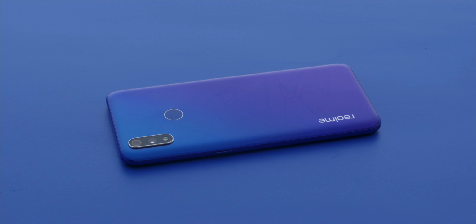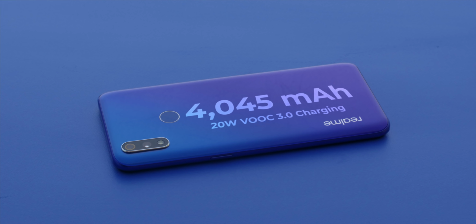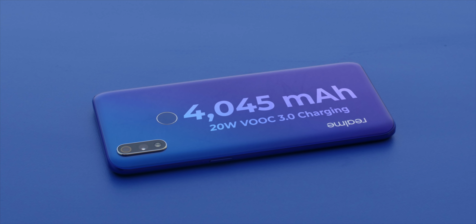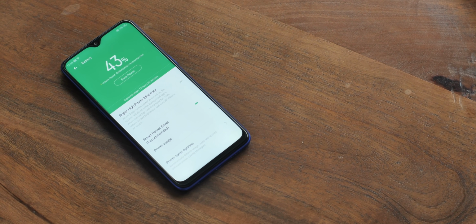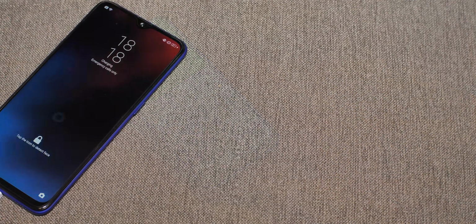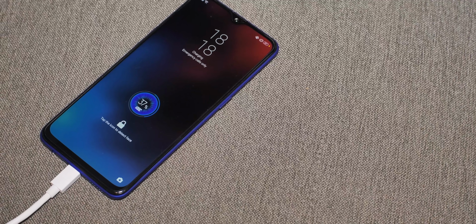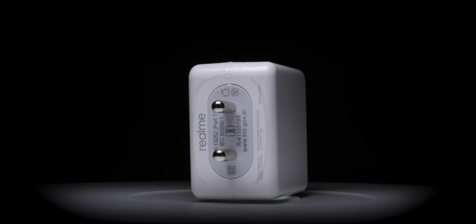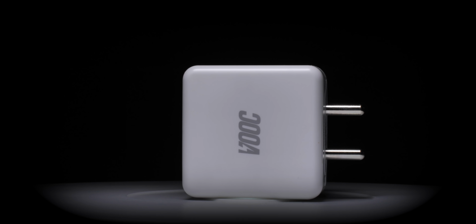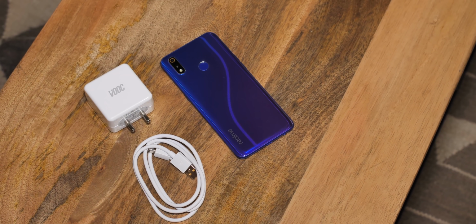The Realme 3 Pro brings a huge 4045 mAh battery, which should last pretty long. I'm yet to test the battery on the phone, but I like the battery saving features here, like the smart power saver and the super high power efficiency mode. Plus, like I said, there's fast charging on board. The Realme 3 Pro comes with VOOC 3.0 fast charging, and you get a 20-watt fast charger bundled in the box. Yes, you heard it right. That is honestly impressive. I mean, the Realme 3 Pro is set to charge fully in just 80 minutes, and